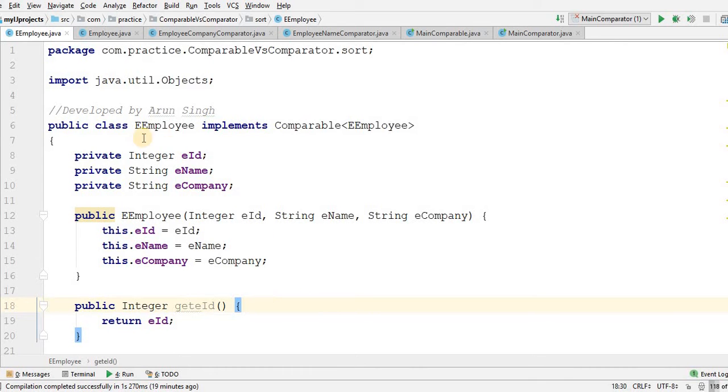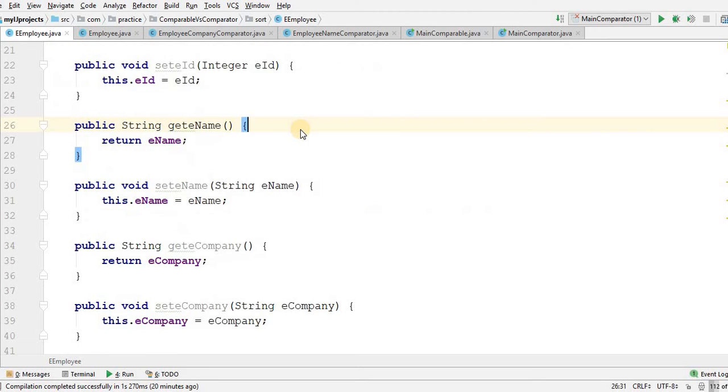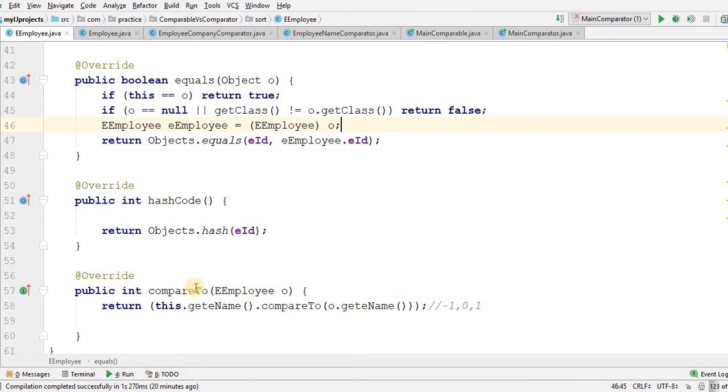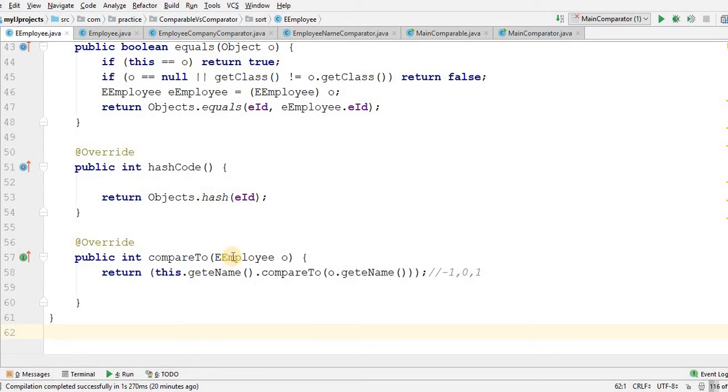Here I have a class Employee which implements Comparable. If I'm saying it is implementing Comparable, that means it is adding the ability of comparing to this class itself. When I'm implementing Comparable, it has to implement the compareTo method. What this compareTo method says is I have to pass a parameter of Employee only, and I